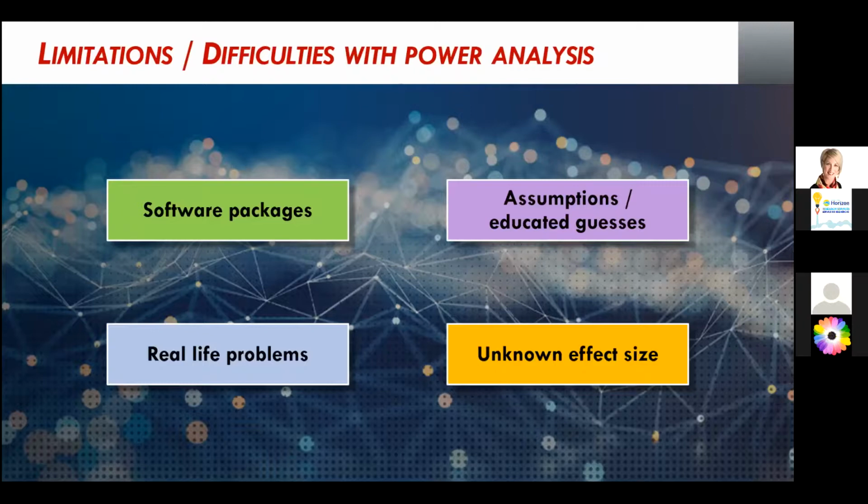And the last one, which I think is probably one of the most common ones, is that we don't know what the effect size is in the population. So you know your level of significance, let's say you set that at 0.05, you know your desired power, let's say you set that at 0.8, and you want to solve for your sample size, but you have no idea what the effect size is. So in these situations, it will require you to do your research, to go into the literature and start sifting through all the studies and trying to determine what that effect size could possibly be.